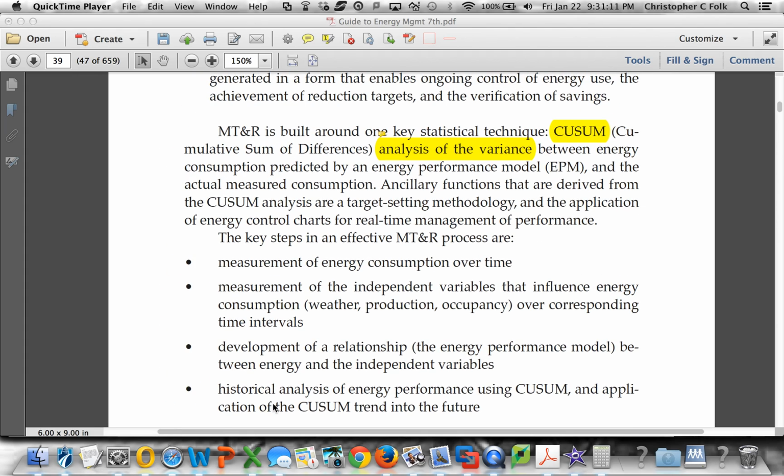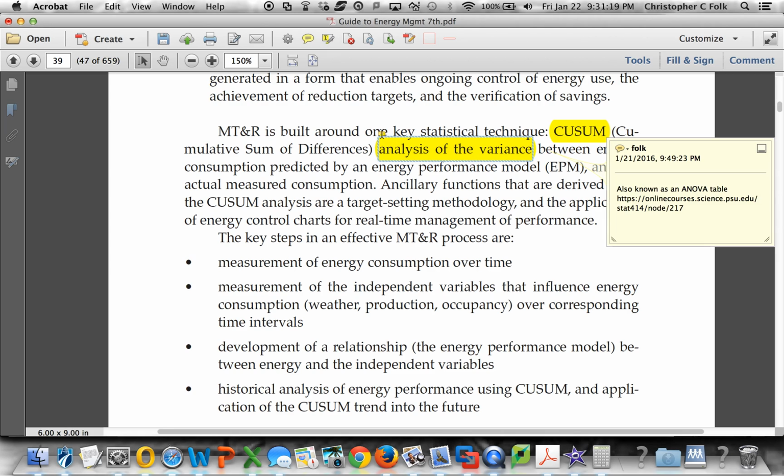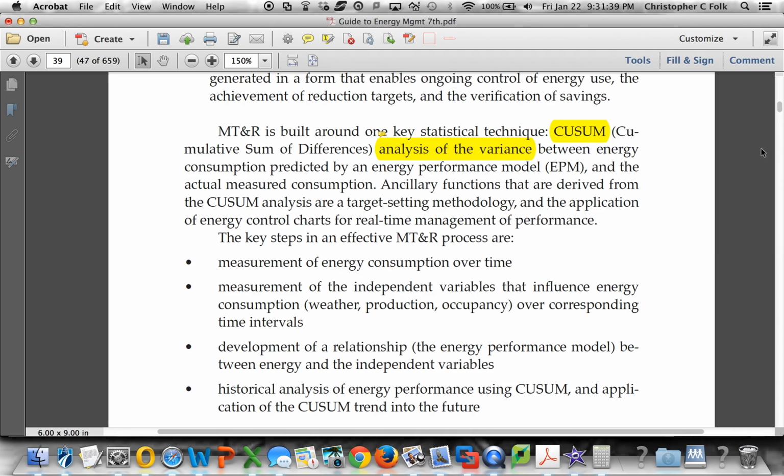Okay, so the Q-sum, and I've got this key phrase here, analysis of variance, right? I've got a note right here, and that note is, it's also known as ANOVA table. And I will post a link on the Blackboard for some resources on how you can learn more about these ANOVA tables and this analysis of variance. What it amounts to is what's referred to as a regressive,